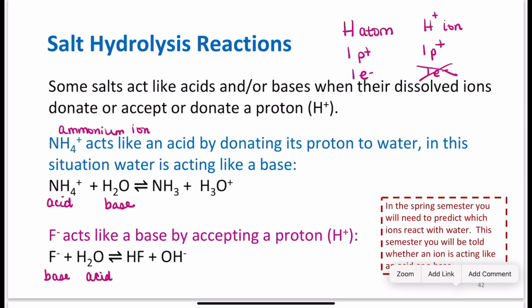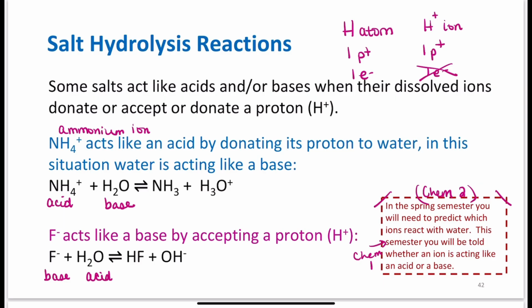So note the little box down here. In the spring semester, in Chem 2, you will need to predict which ions react with water. When it says spring, it means Chem 2. But for this semester, for Chem 1, you will be told whether it's acting as an acid or a base, but then you should be able to